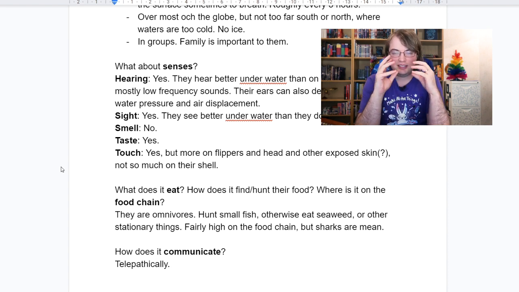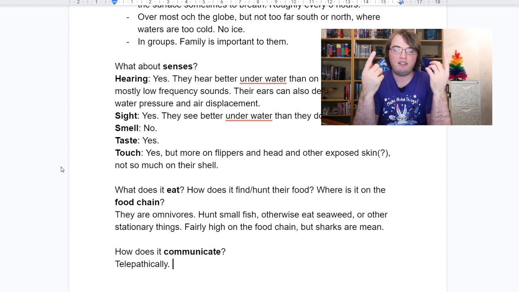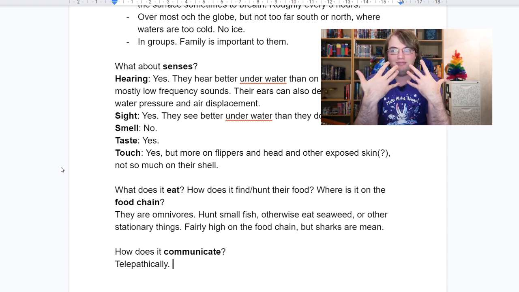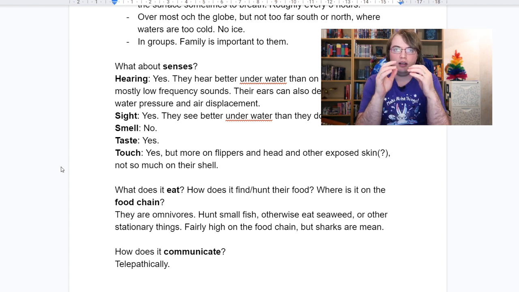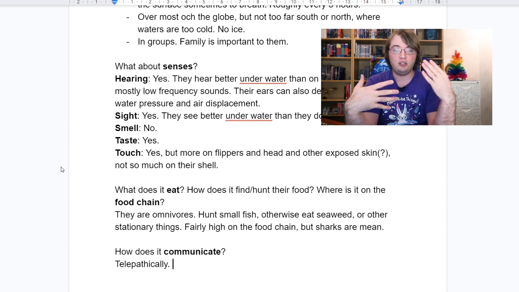So the next question is, because there is a difference in how we communicate, because we have words, but like any communicator will tell you, the things that we say with our words are not all that we mean. We have hand gestures, we have facial expressions, body language and intonation and all that. I suppose you could do intonation with telepathy as well. Facial expressions, I don't know if turtles can do complicated enough facial expressions. And either way, I think I'm going to make it all go telepathically, but you can communicate words on purpose, and you can change the intonation